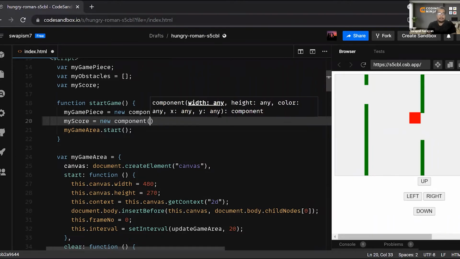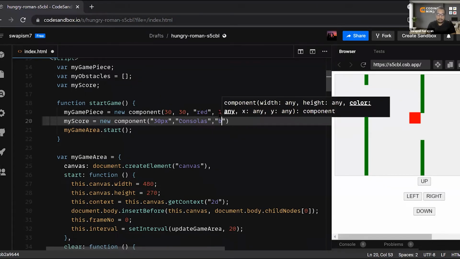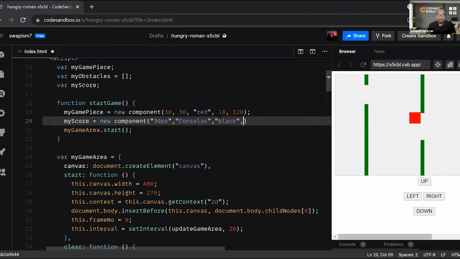Let's say I am making a new component of 30 pixels, and let's say the font is any font. And over here you can write, let's say, console, and then let's say black color, and over here let's say 280, and then 40, and then text.